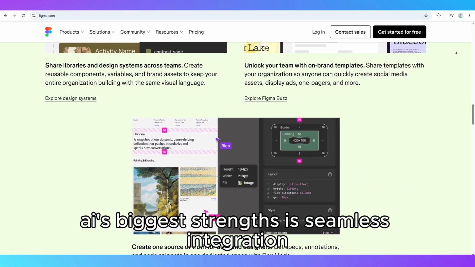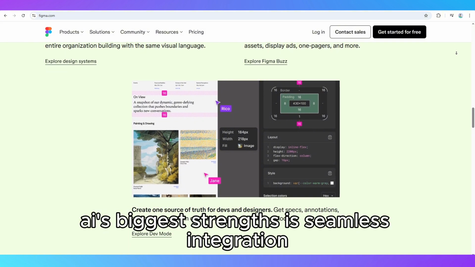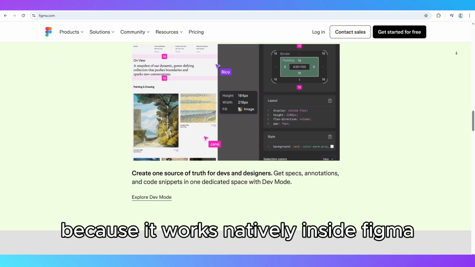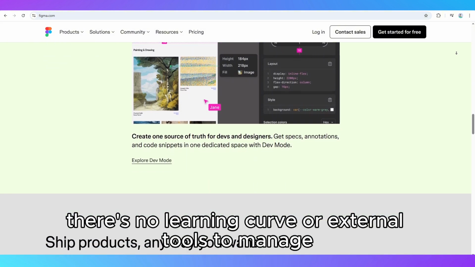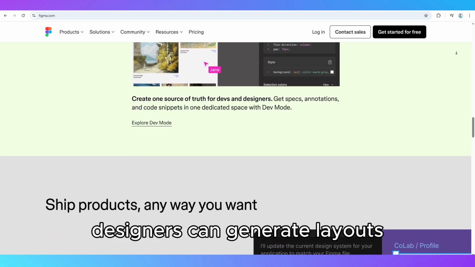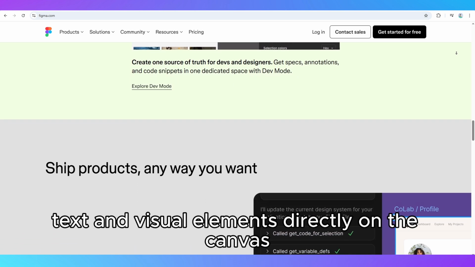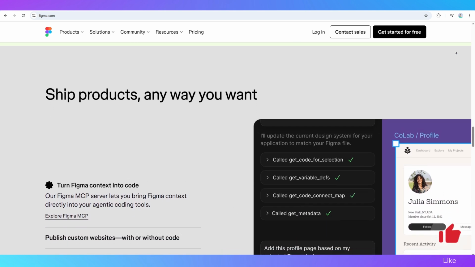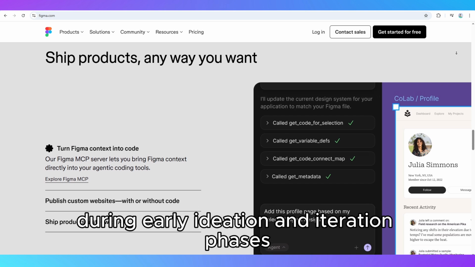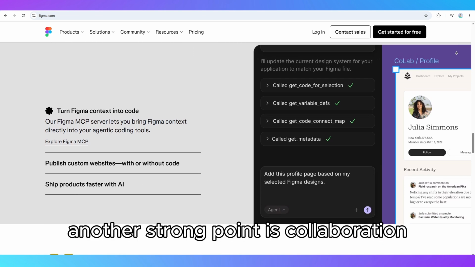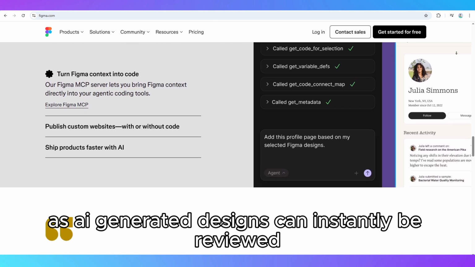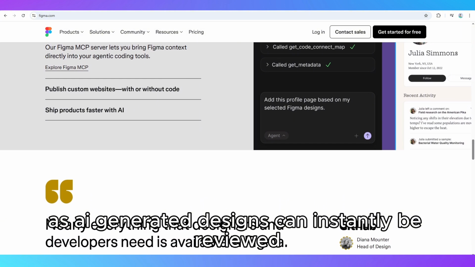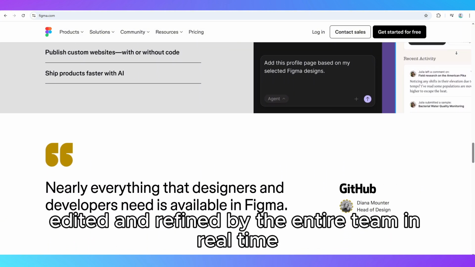One of Figma AI's biggest strengths is seamless integration. Because it works natively inside Figma, there's no learning curve or external tools to manage. Designers can generate layouts, text, and visual elements directly on the canvas, saving significant time during early ideation and iteration phases. Another strong point is collaboration, as AI-generated designs can instantly be reviewed, edited, and refined by the entire team